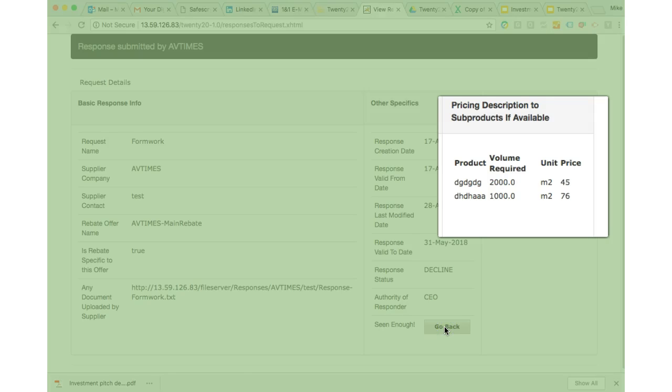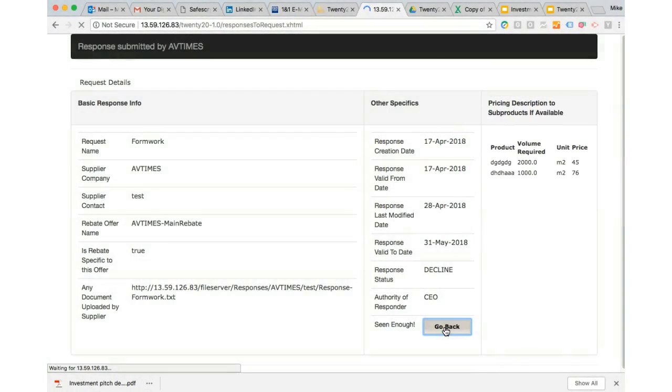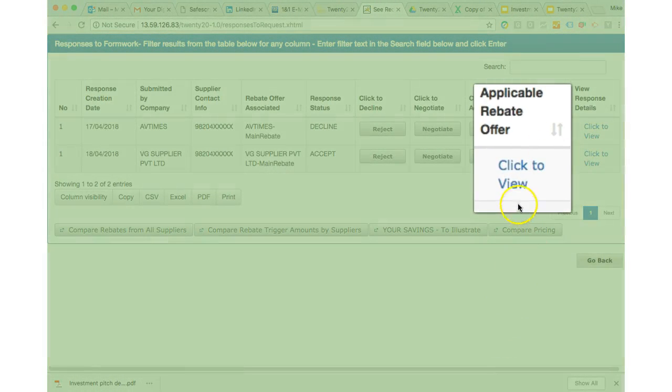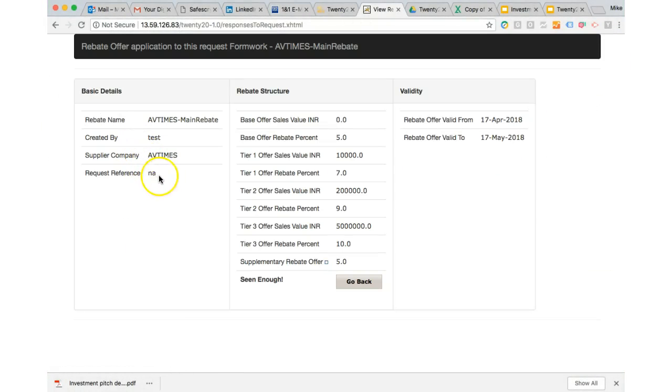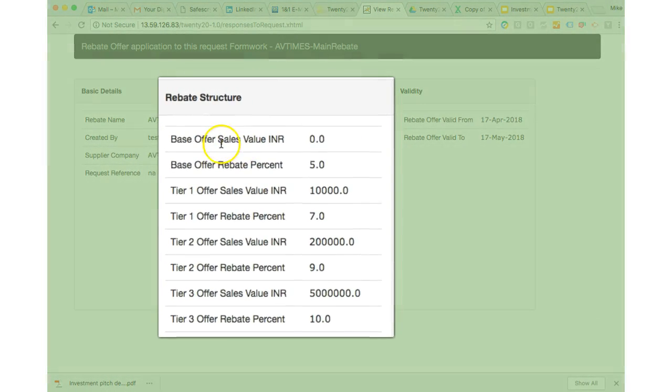But if you then go back and look at the platform offer, you're able to understand the detail of the platform offer itself. So this is some of the detail that appeared on the other screen, but it's basically detailing the various thresholds for when the rebate percentages kick in for the platform offer. In this case, the way that the rebate is structured, as the buyer would understand it, we need to look at ways of displaying this in a much more easy format. But it's basically saying that